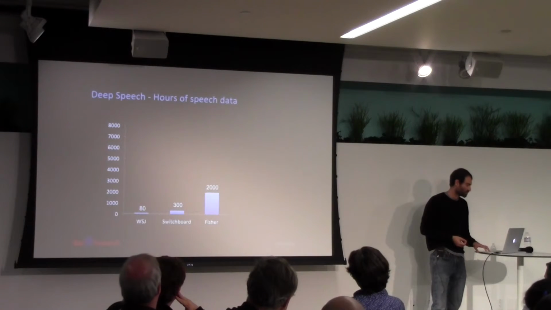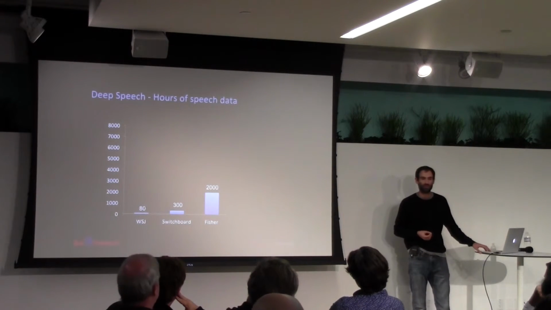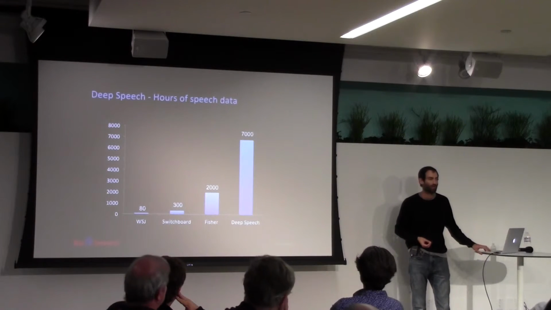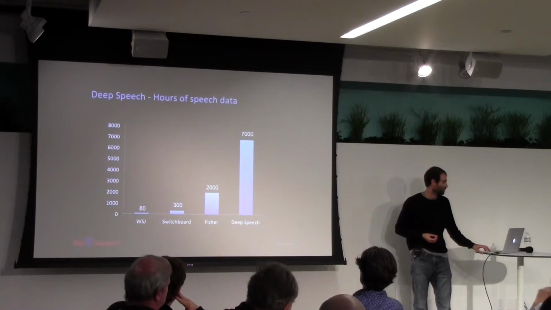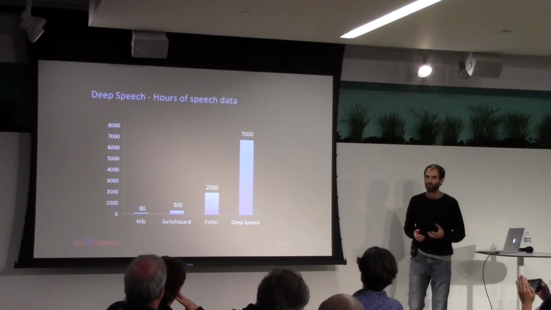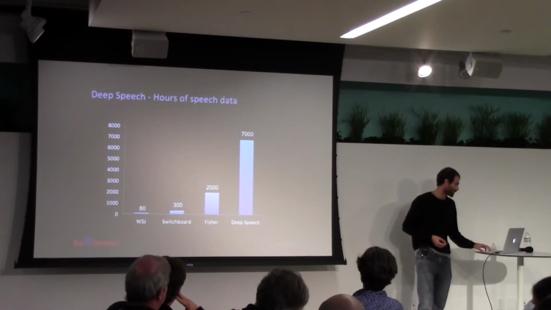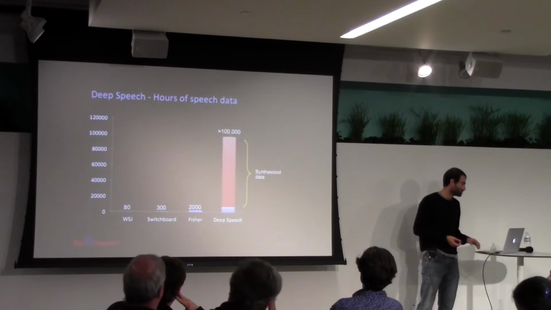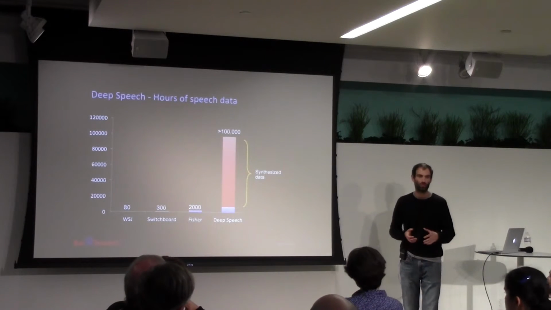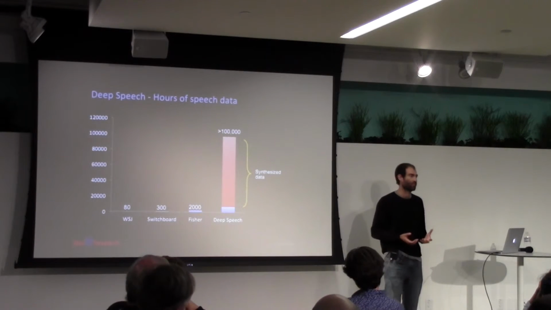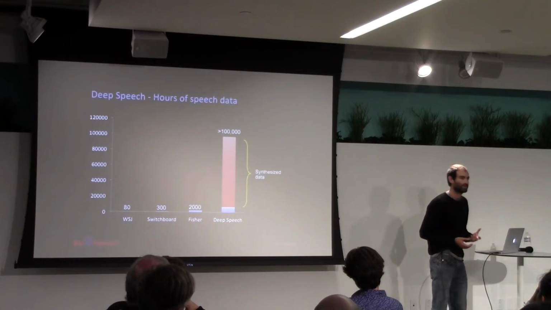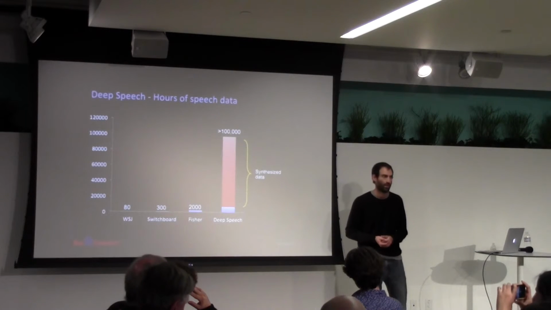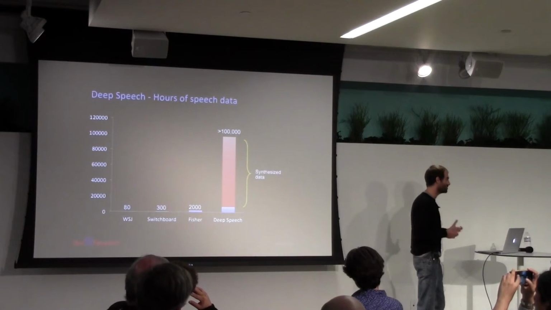So we started with about 2,000 hours of publicly available data. These are all public data sets. We added about 5,000 hours of our own speech data we collected ourselves. This is all raw data. This is real transcribed speech. But that wasn't enough. So to that 7,000 hours, we repeated it over and over again with different snippets of noise and created over 100,000 hours of synthesized audio. And with all this data, we trained our network. And it could even use more than that.